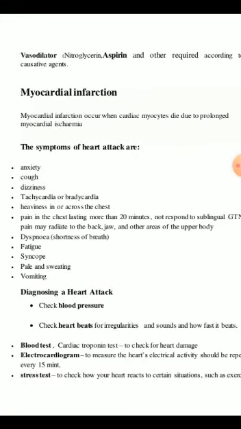Okay, again we're talking about myocardial infarction, also known as a heart attack, and it occurs when the cardiac myocytes die due to prolonged myocardial ischemia. When there is prolonged ischemia, the myocytes, that is, cardiac cells, die because of it. And the damage is basically permanent, because the cardiac muscle cannot regenerate and the dead muscle is replaced with the